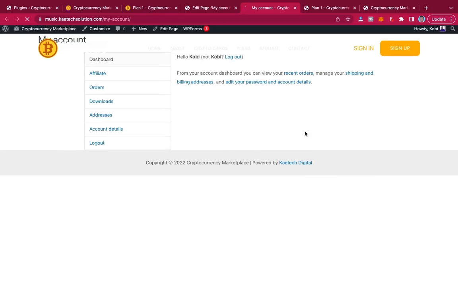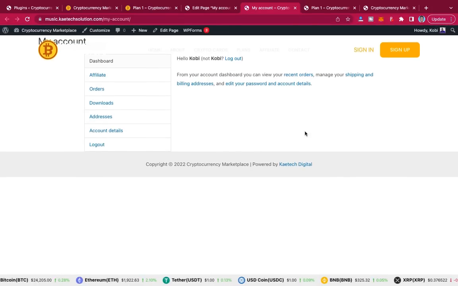So this is how the account page looks. Very messy, not nice. So let me just sort this out before we even go ahead to design the account page. Let me go to customize over here,